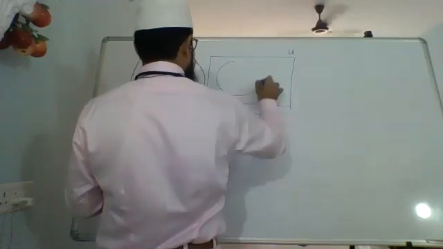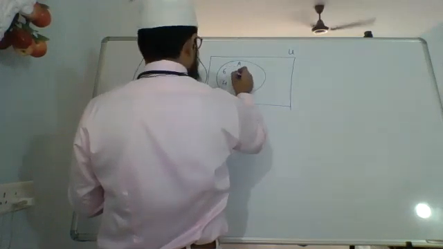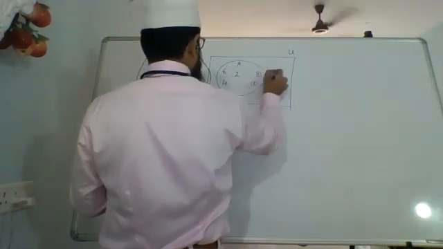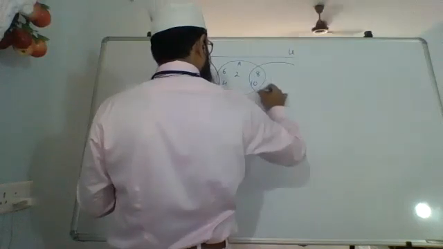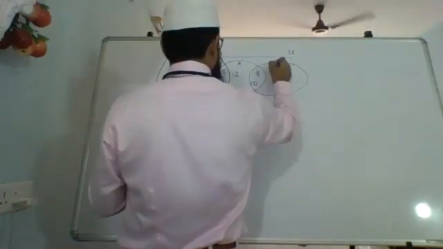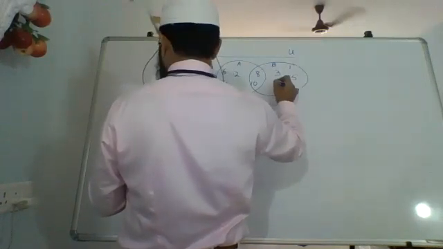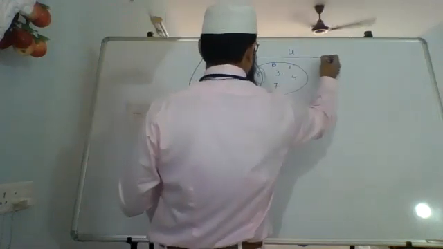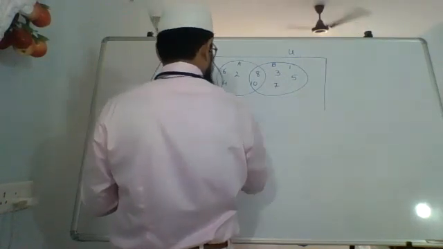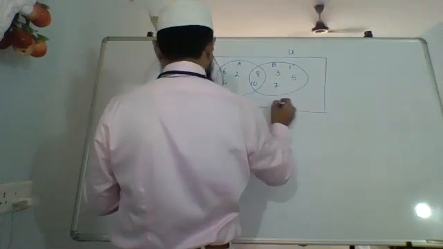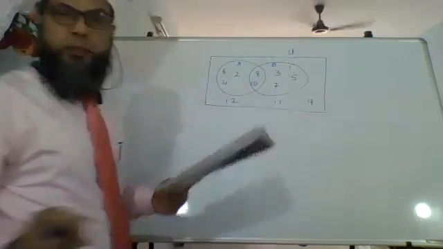In this you have set A which has 6, 4, 2, 8, 10. Okay, 6, 4, 8, 2, 10, and you have another set which is B which has 1, 3, 5, 7, 8 and 10. ठीक है, और यूनिवर्सल सेट में ये दोनों सेट में जो नहीं है वो है 12, 11 and 9. Okay, this is with the help of a Venn diagram.